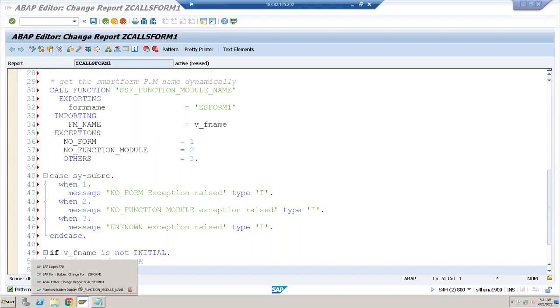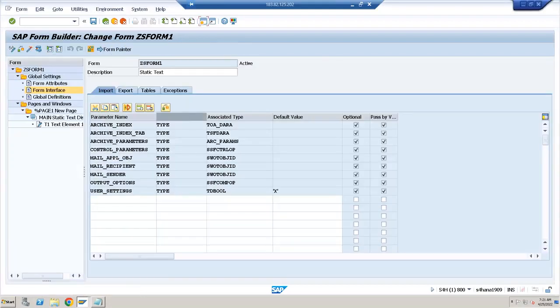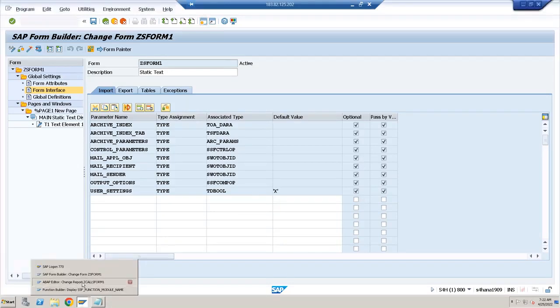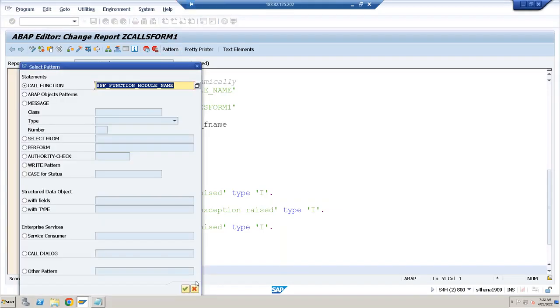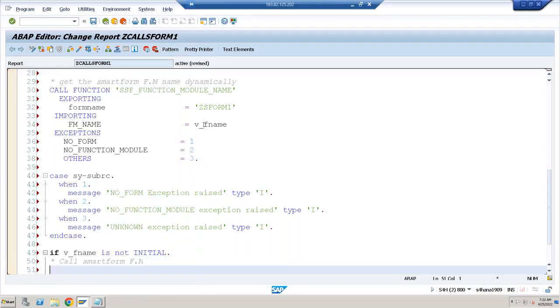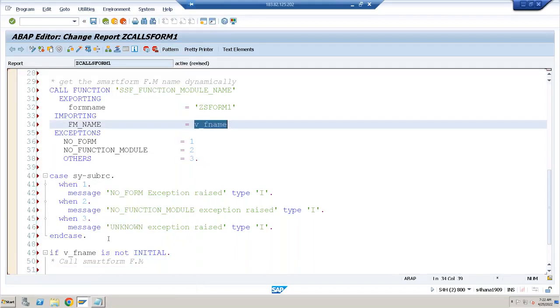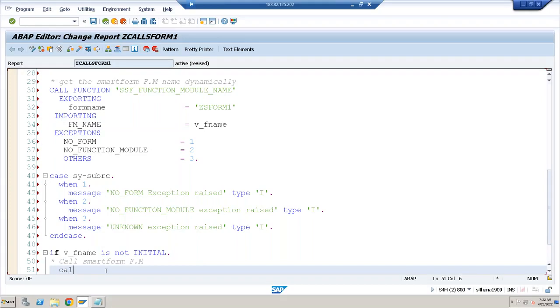Before I call, does my smart form contain any mandatory parameters? No, all are optional. I have not created any parameters, so I don't have any parameters. So just say, I cannot use pattern now. I can use pattern if you know the name of the function module. But here, this is the variable which is holding the name of the function module. So I have to simply say